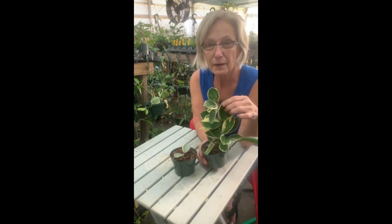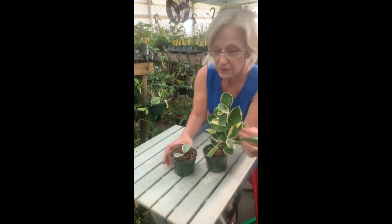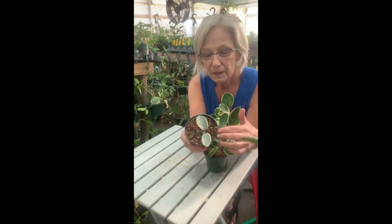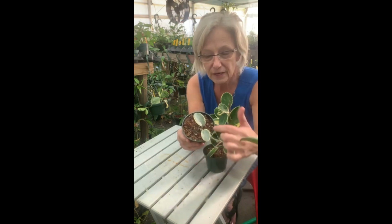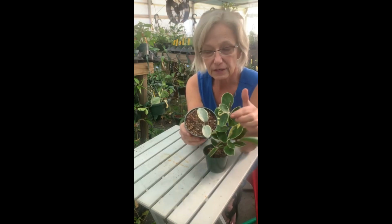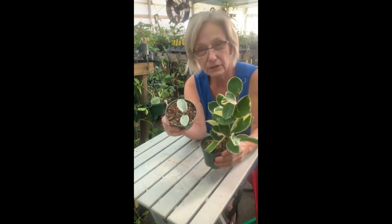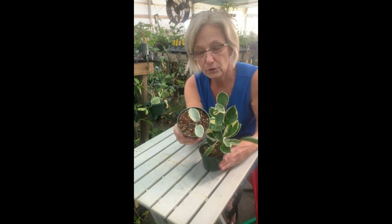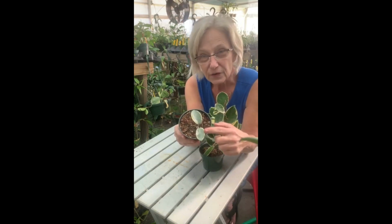It was patented by BL Cobia in the 1970s. Now, this is Hoya Carnosa Argentea. And notice that it has outer variegation and inside green. However, it has the gray cuticle, not the clear cuticle like Hoya Krimson Queen, but a gray cuticle, which makes it very desirable. That's a genetic difference